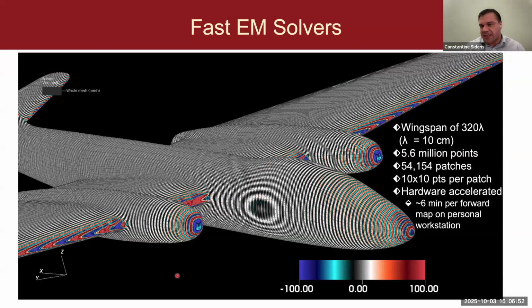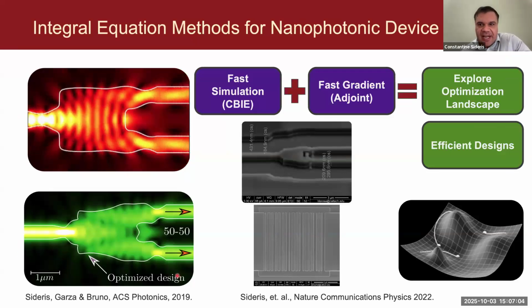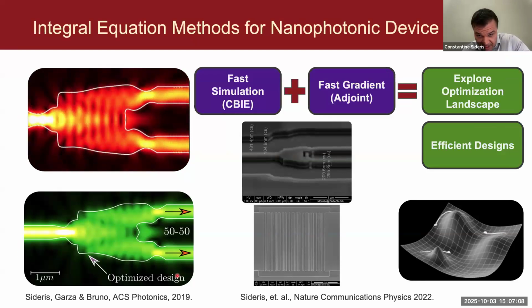Each matrix vector product for solving this problem took less than 6 minutes on a standard desktop, taking less than 2 hours to solve the whole complete problem using an inexpensive gaming GPU. One major motivation behind our efforts in high-speed solvers is that we combine them with optimization algorithms to automate the design of new devices.